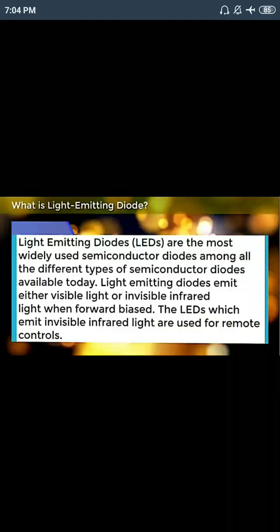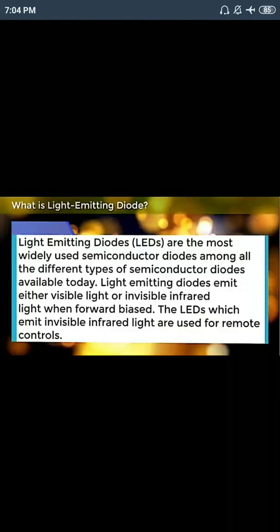Today we discuss one special type of diode. In your syllabus for this session, only three diodes are there: LED, photodiode and solar cell. Today we discuss only the LED, because everybody's house has LEDs, and you know its structure, how it looks, and the different colors of LED. But how an LED works, we study in this video. So an LED is one type of special PN junction diode.